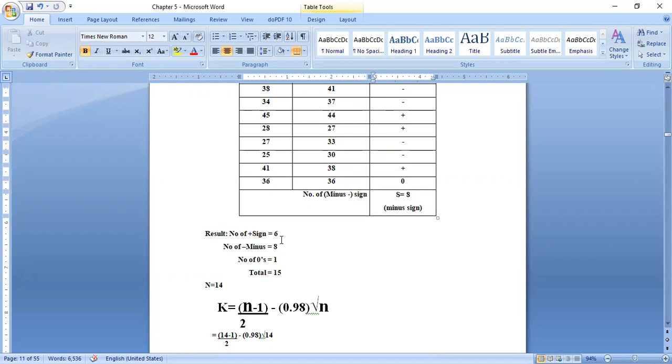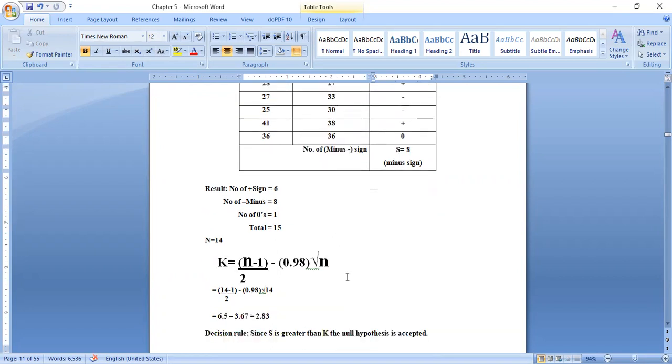If it is a large sample size test, when n is greater than 25, then we write X is equal to all the plus signs. So the 0 is discarded here. Observe carefully: plus signs are 6, minus signs are 8, and 0 is discarded. So please ignore this 0. Don't count the 0. But when coming to the total, just count it. We need to consider only n as 14 only.